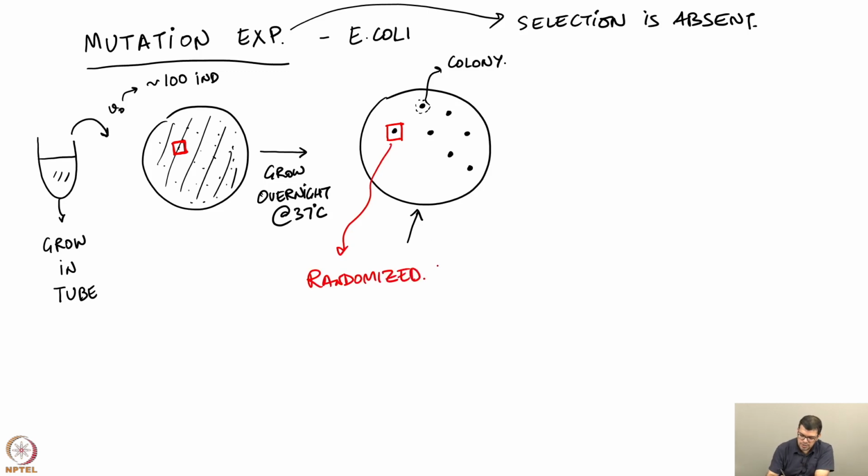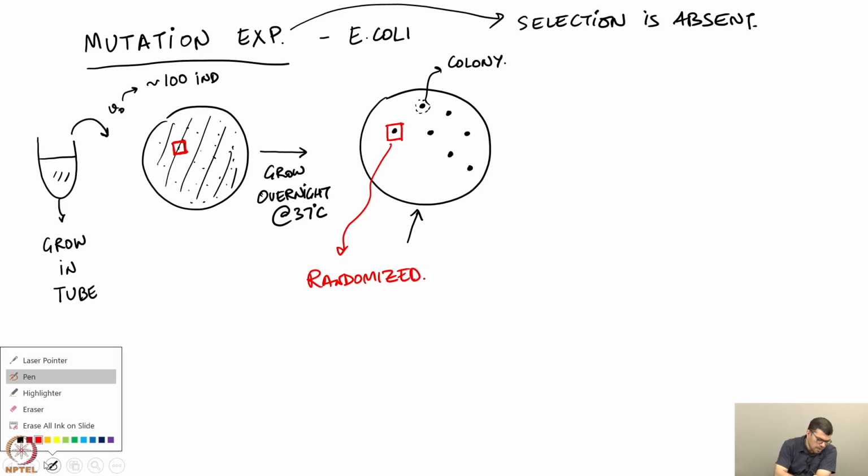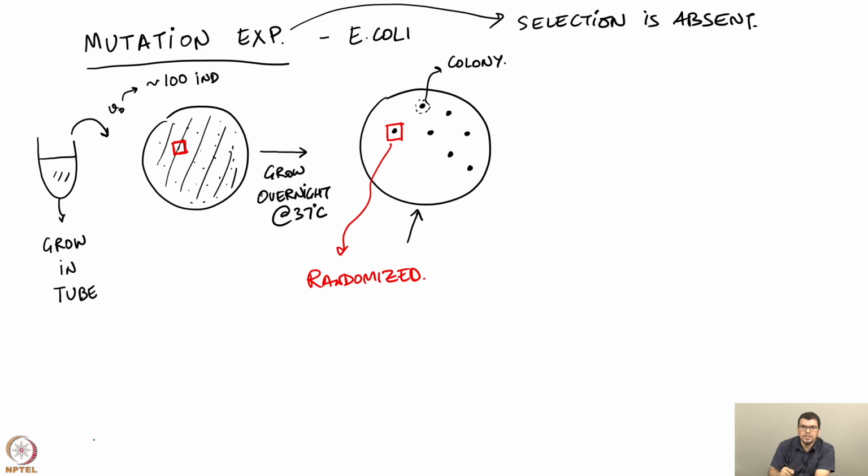Now, the choice of colonies has been randomized, but now I want to pick one individual from this colony completely randomly. I do not want to pick the cells at the periphery, or near the center of the colony, at the top of the colony. Every cell that is present in that colony should have an equal chance of being picked and propagated forward. So, what I do to ensure that is that I pick this colony up physically from the plate